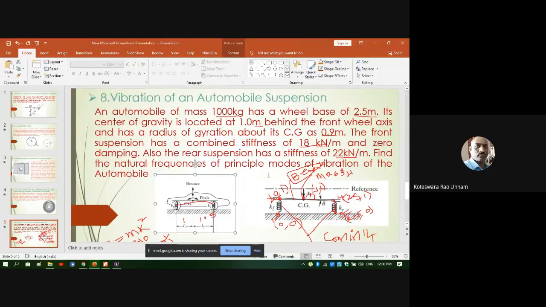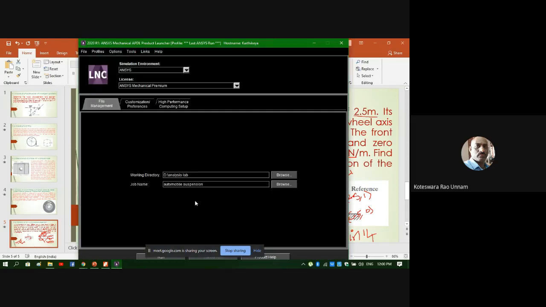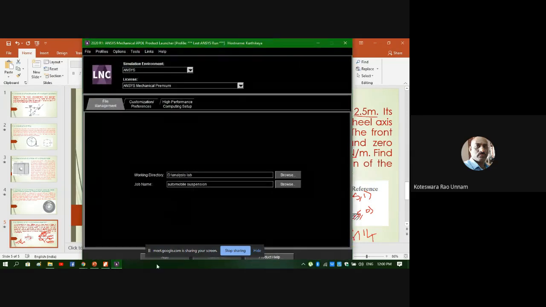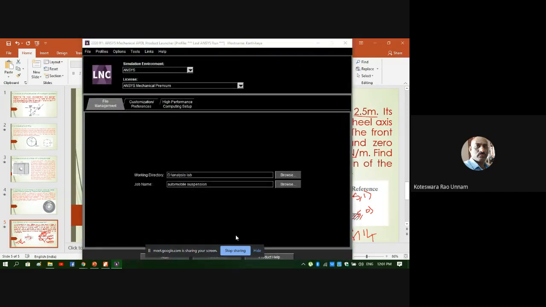So first we need to define 3 element types. Then for each element type, for spring and for combination 14, you need to define spring properties through real constants. For mass 21 also, you need to define the real constants to define mass and mass moment of inertia. For beam, you need to define Young's modulus, and also you need to define the section. So I'll move on to the software. Okay, it did not run that. So I'll run this.